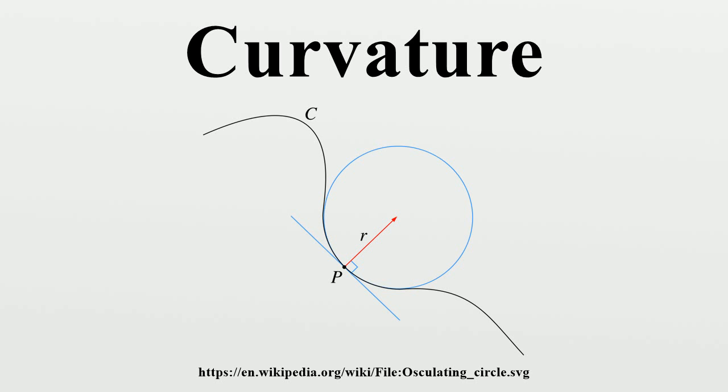This last formula is also valid for the curvature of curves in a Euclidean space of any dimension. Curvature from arc and chord length: given 2 points P and Q on C, let S be the arc length of the portion of the curve between P and Q, and let D denote the length of the line segment from P to Q. The curvature of C at P is given by the limit, where the limit is taken as the point Q